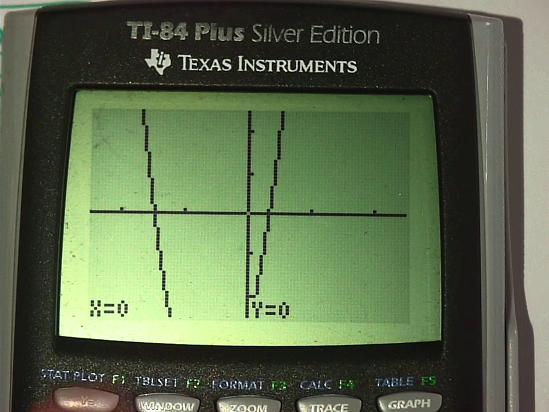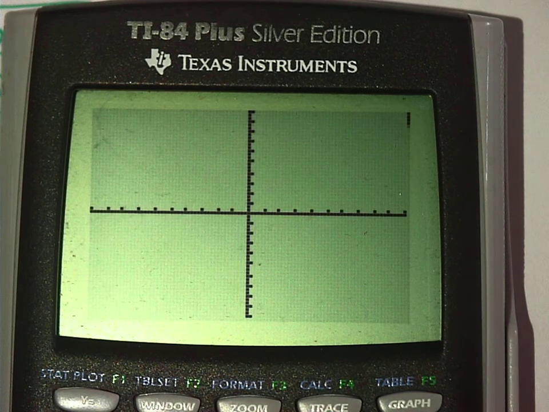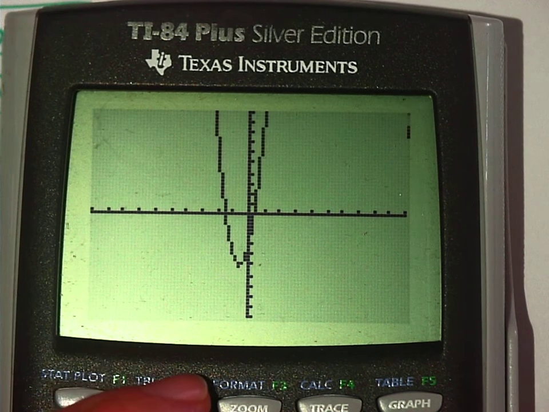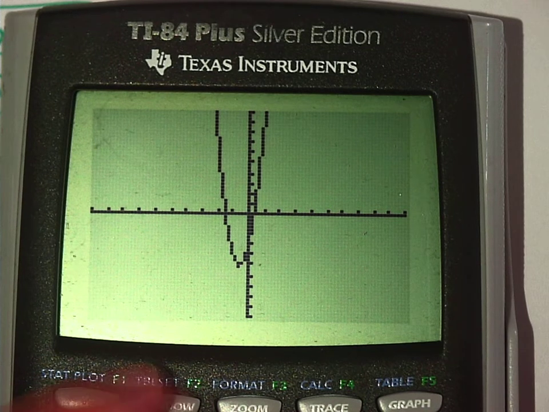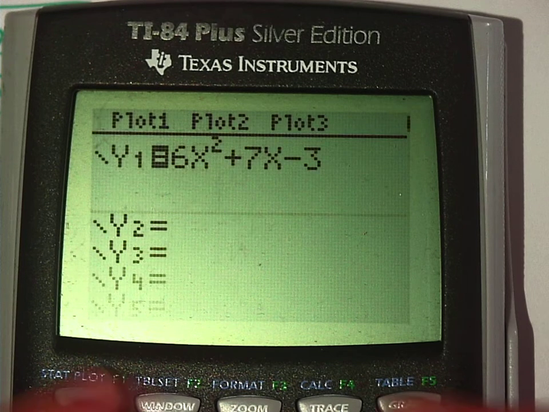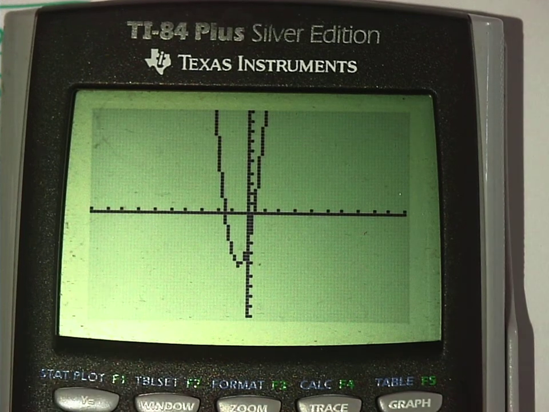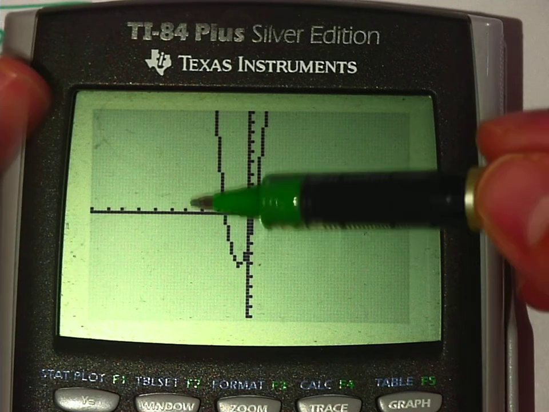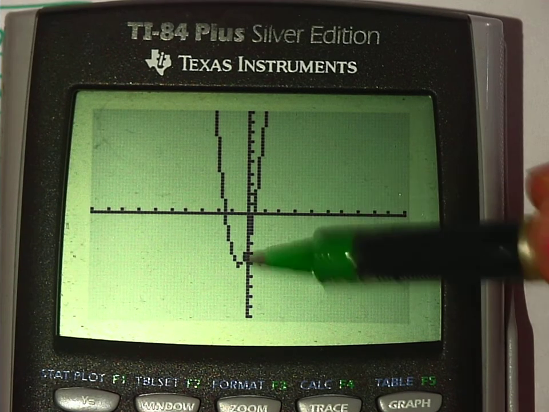I didn't want to see the center, so I'm going to go back to Zoom 6. Have you ever used the button called Window before? Okay, so go to Window. Now, I'm going to look at this graph right now. Look at this graph with me. I kind of want to see from like here to here, and I don't want it to go this far